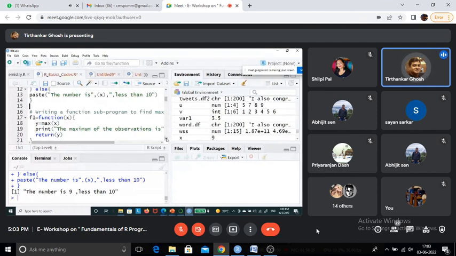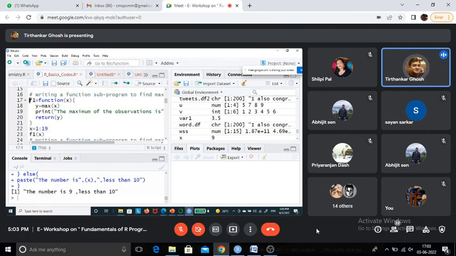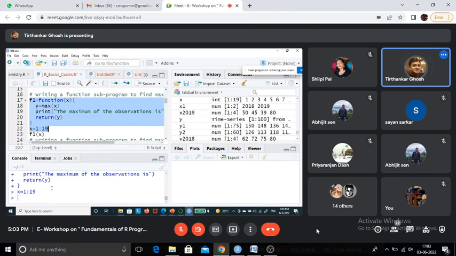Now, writing a function subprogram to find max. So I need to run this one. Now x equal to 10, 19, and then f1(x).